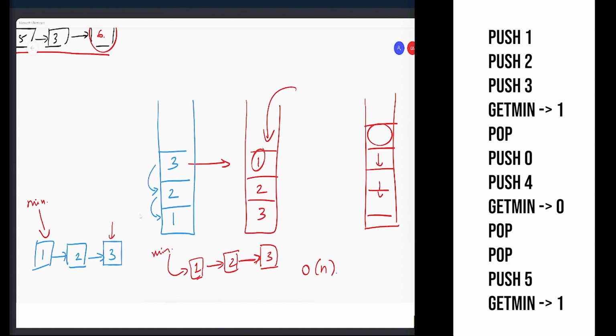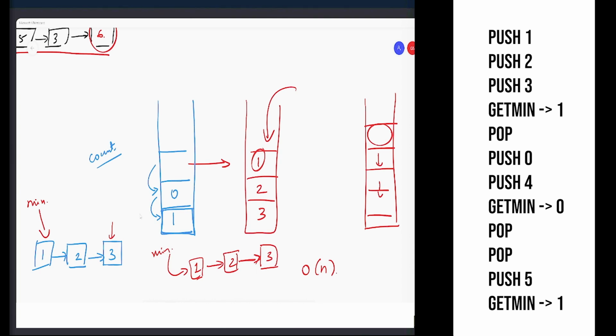I just said that only smaller elements will be allowed inside, which means 2 will never go in, 3 will not go in. If you say get me minimum, then top of stack is 1. Now push 0. Push 0 actually pushes 0 here. However, we have a counter of elements up to the minimum.